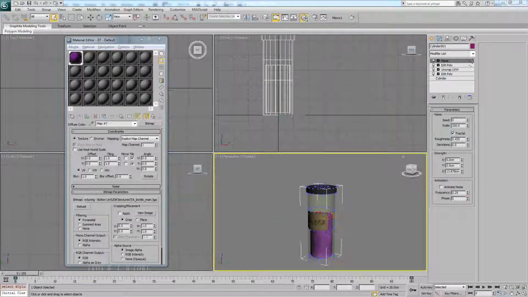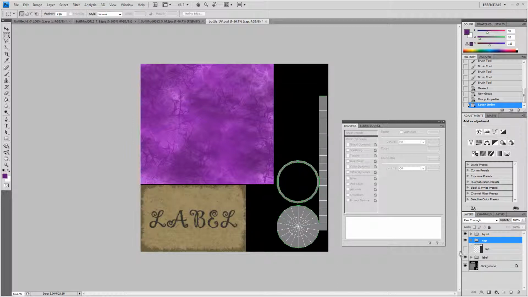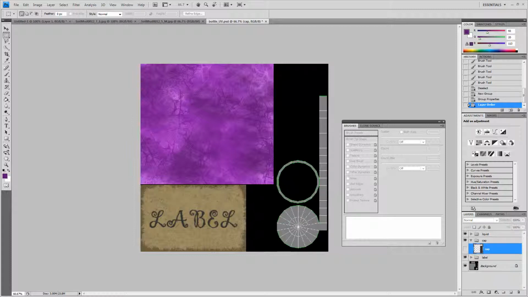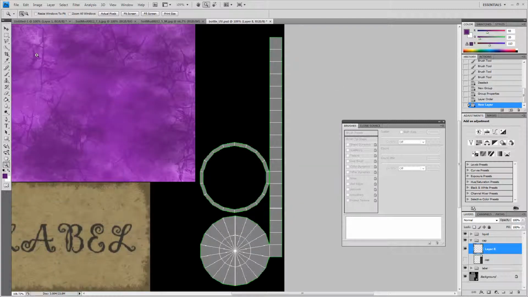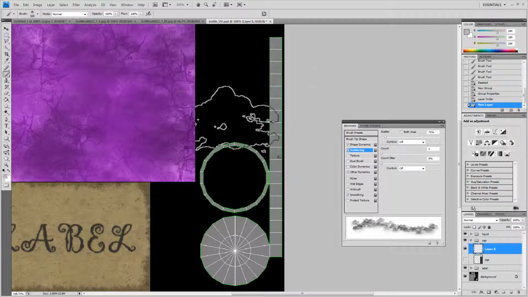Okay, so the next thing we need to do is the actual cap. So again we'll add another group and call this cap and put that into there. And we won't do too much with this actually for now. What you can do is just create a new layer here, zoom into this here, select a kind of light grey,